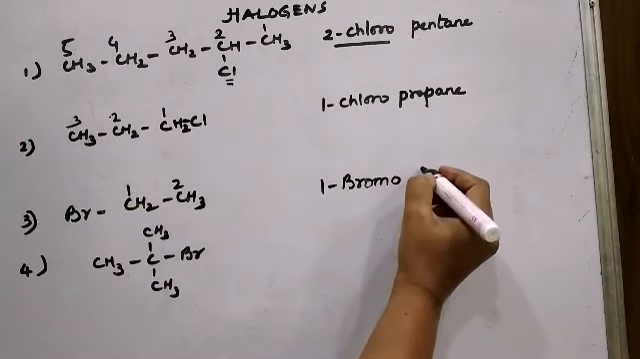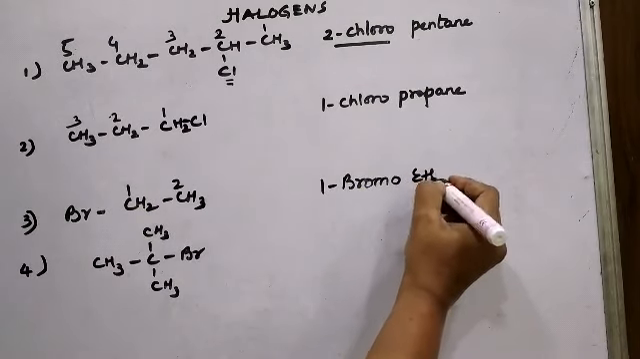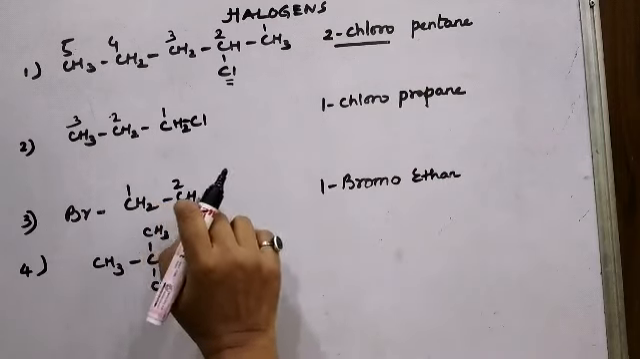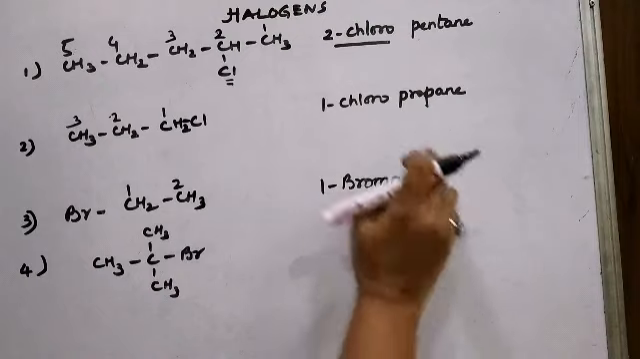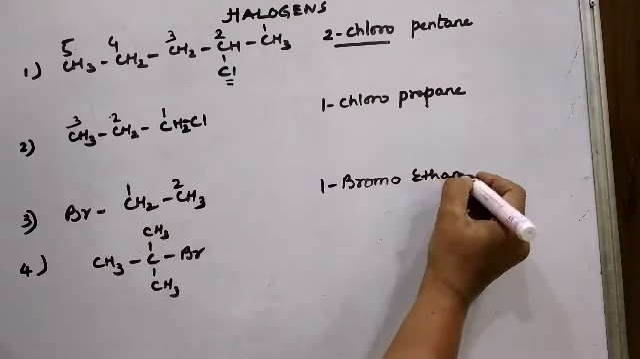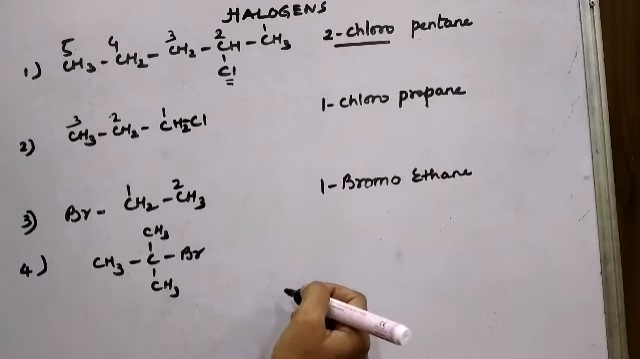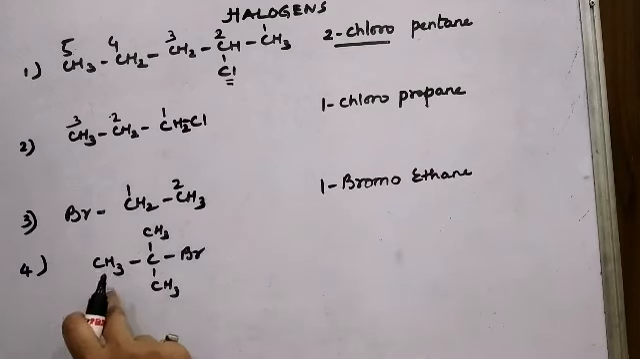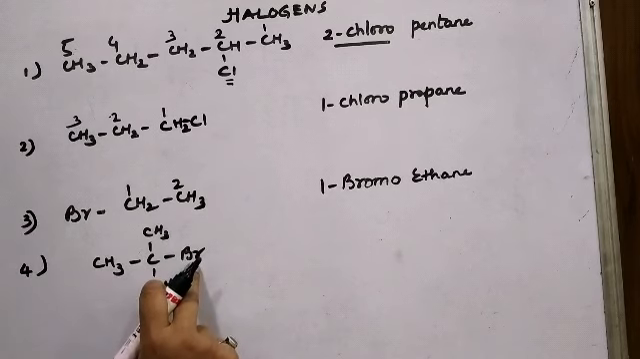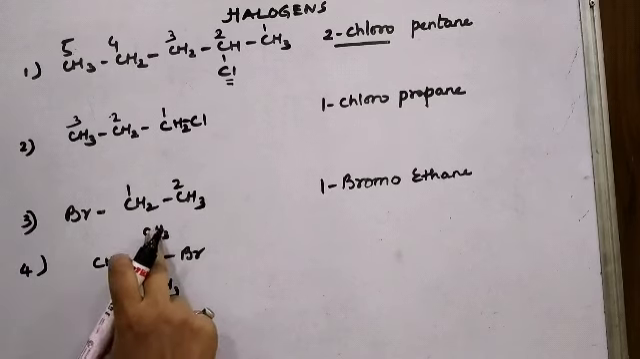2 carbon atoms means the root word will be eth, and single carbon to carbon single bond, so it's an alkane, so suffix will be ane. So 1 bromoethane. Next, here you can see that there is a substituent here, and if I consider a straight